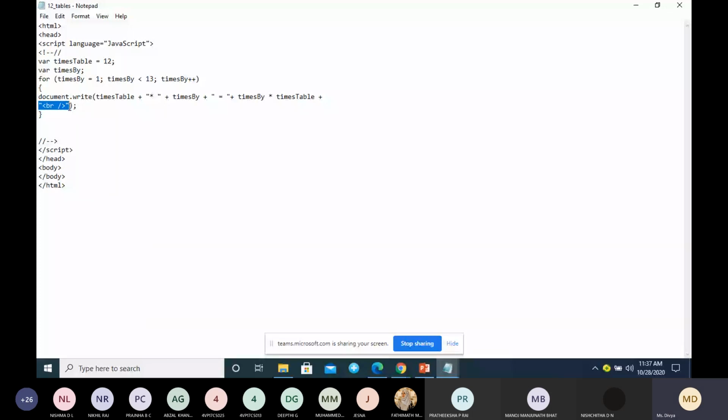So this is similar to the lab program of displaying square and cube root of a number. Okay, similar to that. A very simple program. Only thing is the logic lies in the for loop.